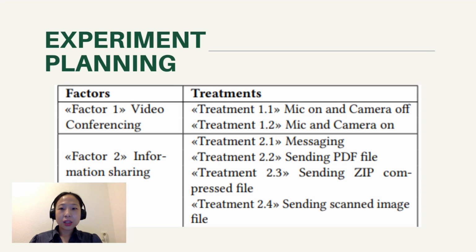Experiment planning. The measurement is done using Intel Power Gadget for various tasks in each of the applications. Tasks performed in the collaborative software are defined as the factors, which are video conferencing and information sharing. The video conferencing factor has two treatments: mic on, camera off, and mic and camera on. While the information sharing factor has four treatments, which are messaging, sending PDF file, sending zip compressed file, and sending